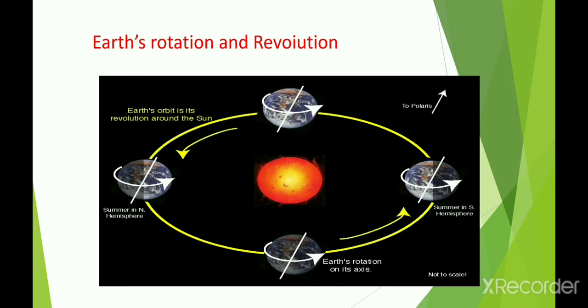You can see in the diagram how the earth rotates around itself. It is known as rotation, and revolution means the earth revolves around the sun. It is called revolution. The earth takes 24 hours to rotate around itself, making a round of 360 degrees. It is known as rotation, and the earth rotates from west to east. Therefore, in terms of time, the eastern part of the earth is ahead of the western part.